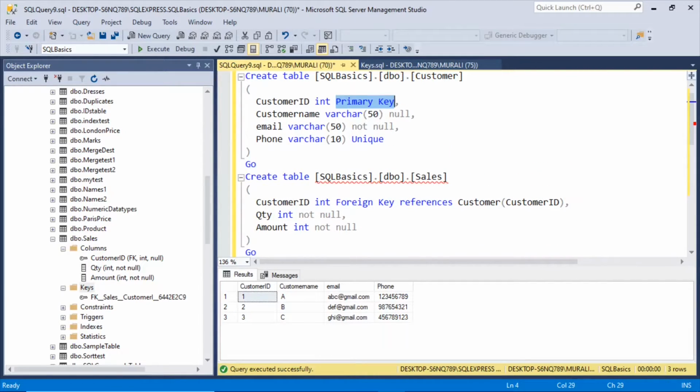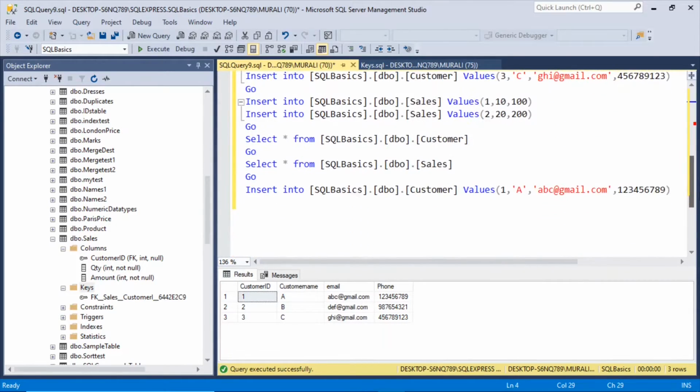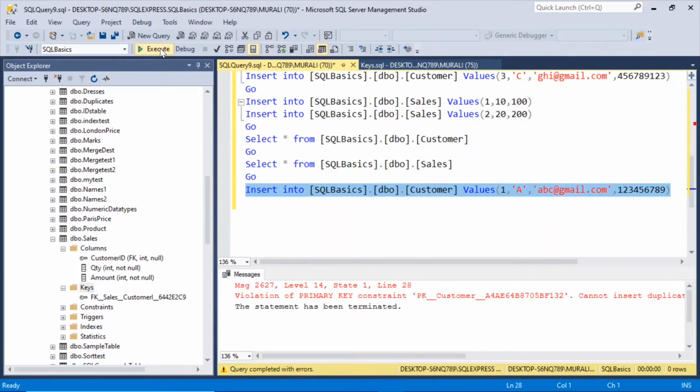Primary key means it is unique and it doesn't take null values. So if I'm trying to enter 1 again, it should error out. If I execute this, violation of primary key, cannot insert duplicates.